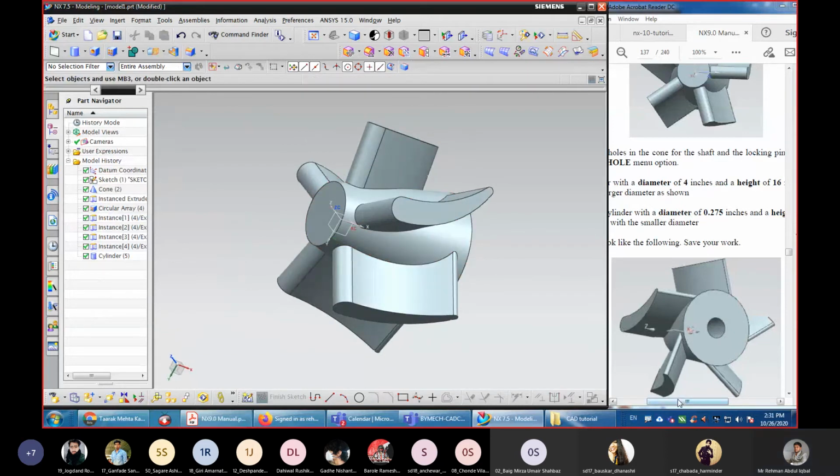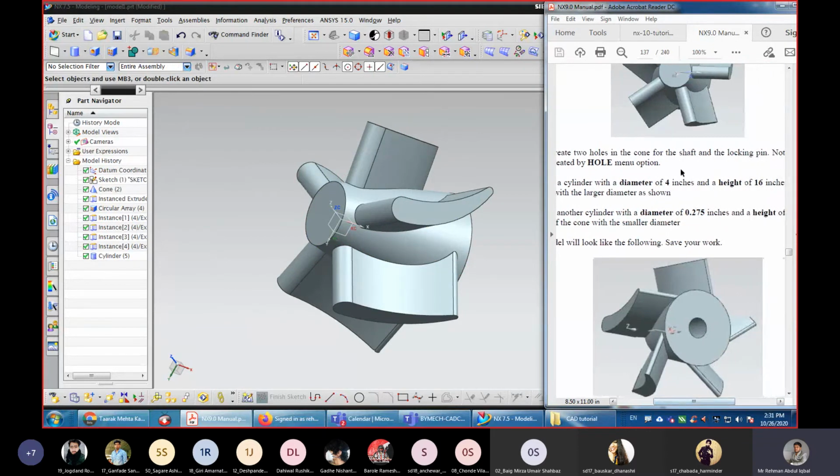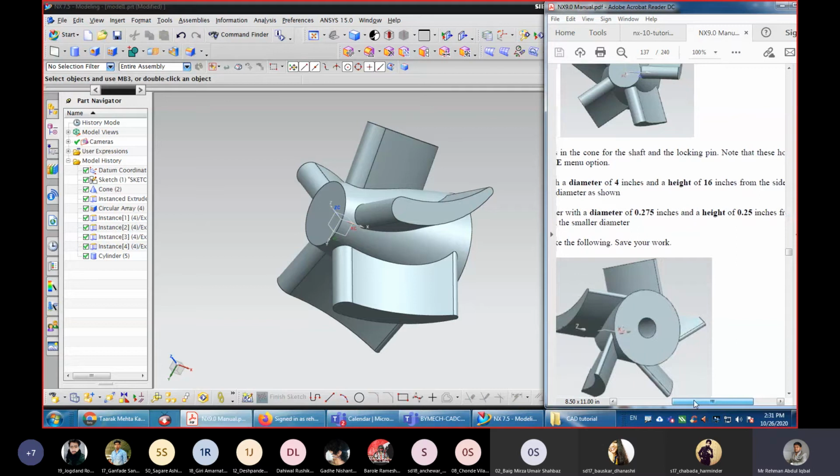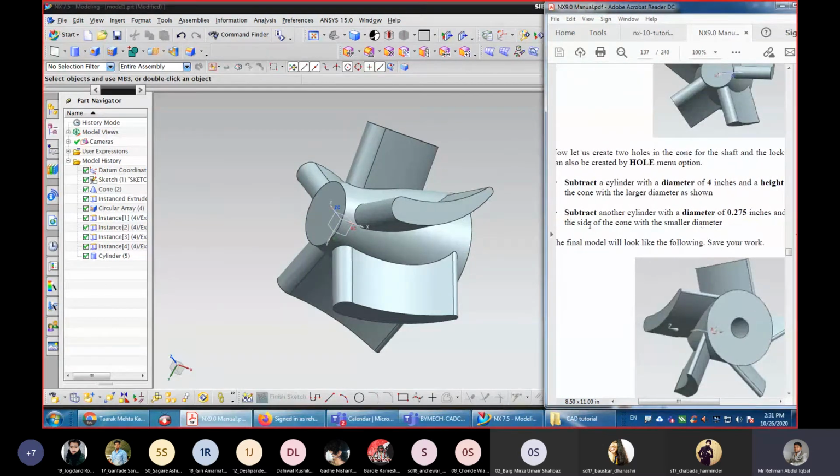Next, one more cylinder is to be subtracted with diameter 0.275 and height of 0.25 from the smaller diameter side.